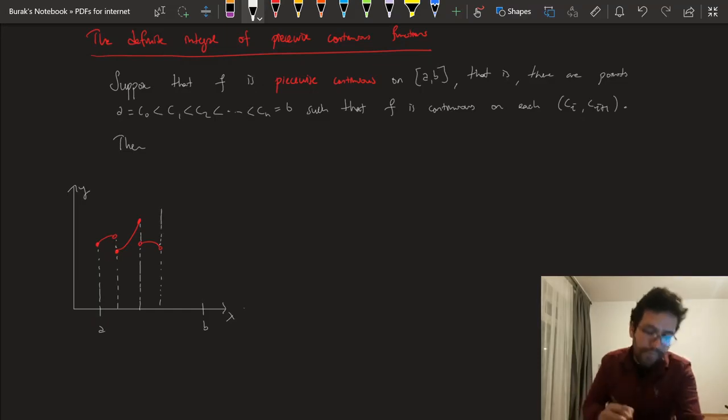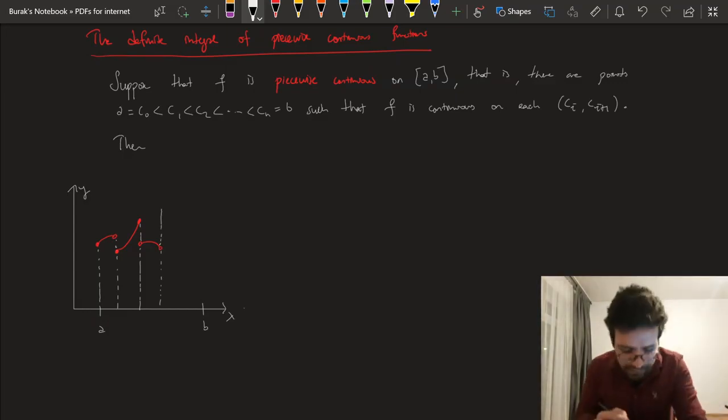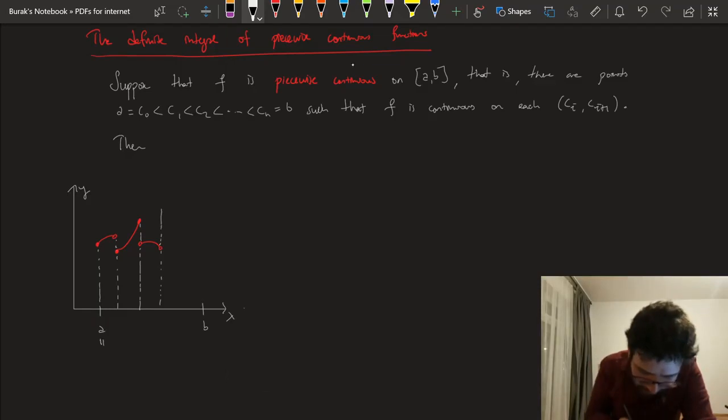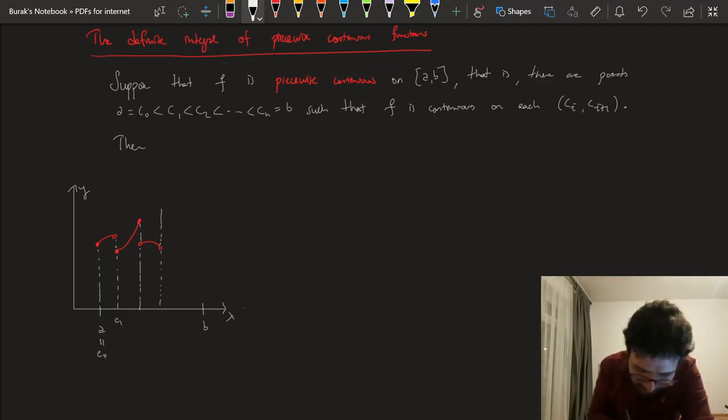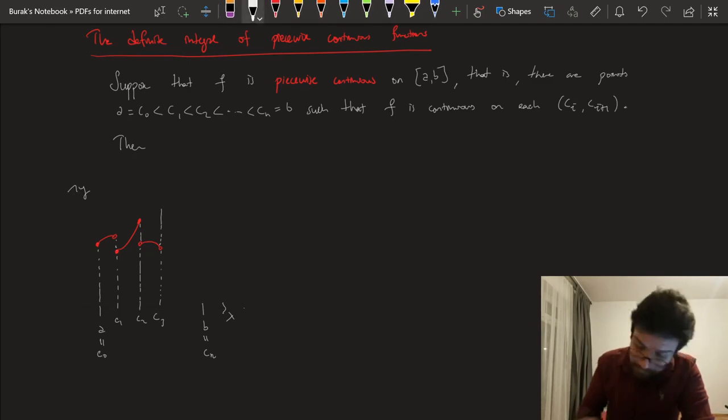So the restrictions of your function to those intervals are continuous. So it's piecewise continuous if you can find points c0, c1, c2, c3, up to cn, such that on each open interval